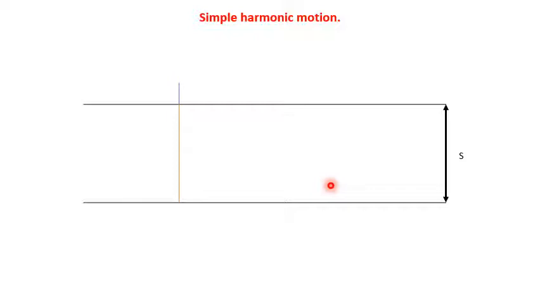Okay, so stroke length will be given in the problem. So once we draw these two horizontal lines, then we have to split this horizontal line into different strokes. Okay, so first one is out stroke. So based on the given value, we have to split this horizontal line. So first one is out stroke, second one is first dwell. This is the first dwell. This region represents the first dwell.